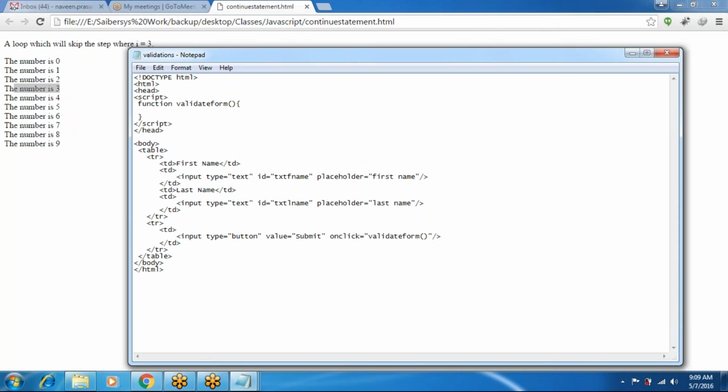And after that, when you click on validate form, you will get the alert box. If the first name text box is empty, you will get an alert box like, please enter first name. If the last name text box is empty, the alert box says please enter last name. So like this.